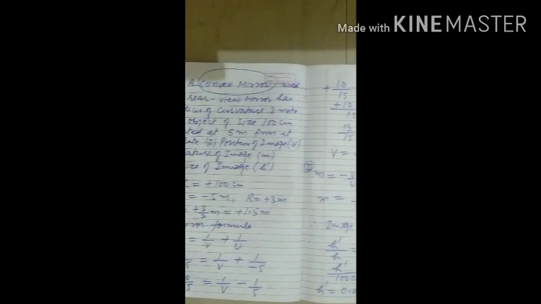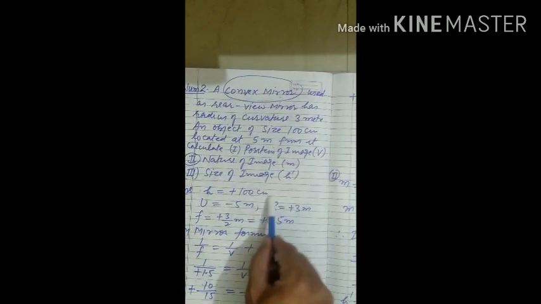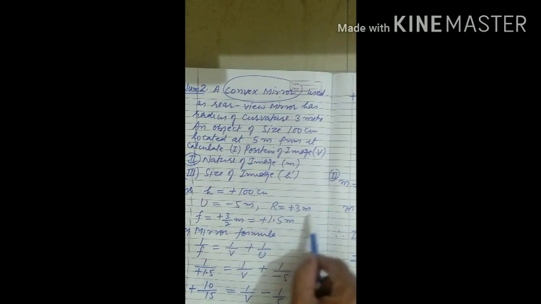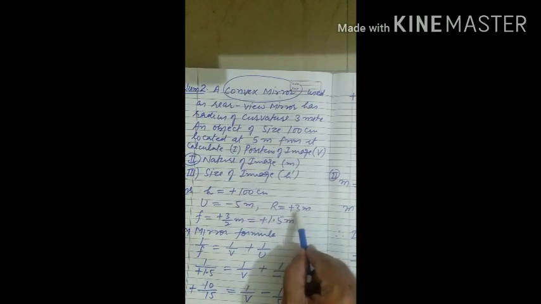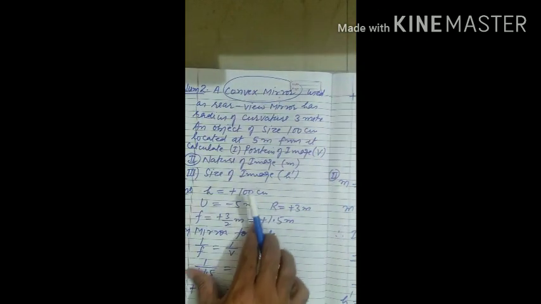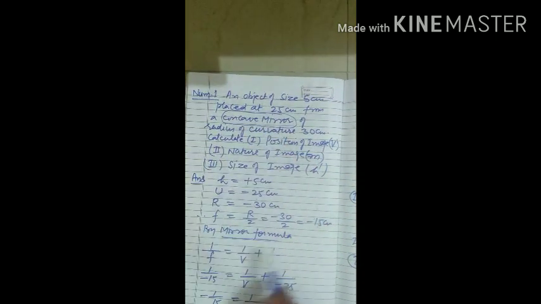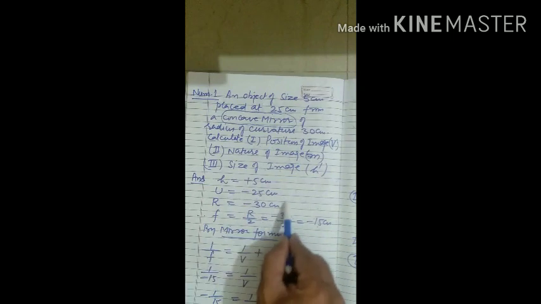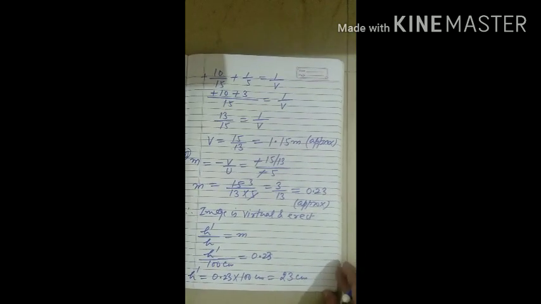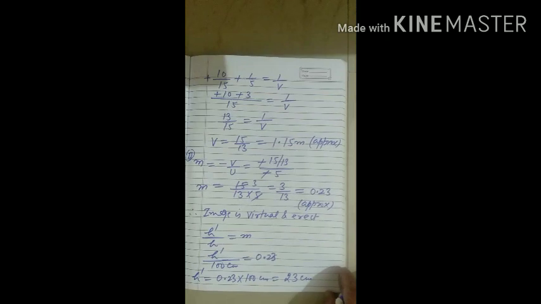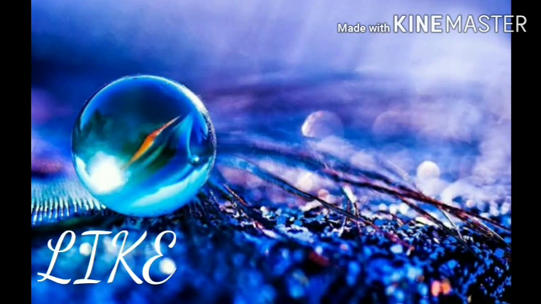Once more, children, I am making it clear. Keep in mind this r is here positive. Clear? That is why I especially made it positive clearly, so that this thing comes into your mind because of your convex mirror. Similarly, whenever the mirror is used as concave, this R is negative and focal length will also be negative. The last numerical, this is a second. There are two types of numerical because this classroom is being conducted on online classes. So I hope these two numericals are